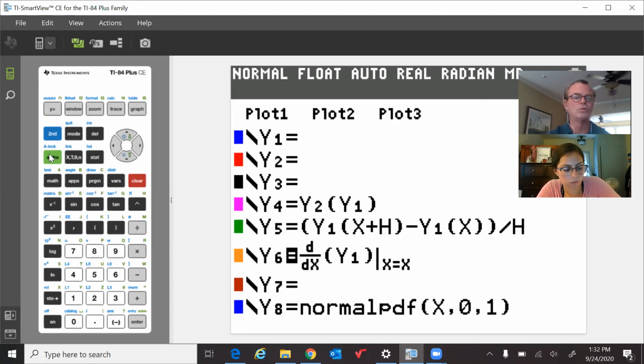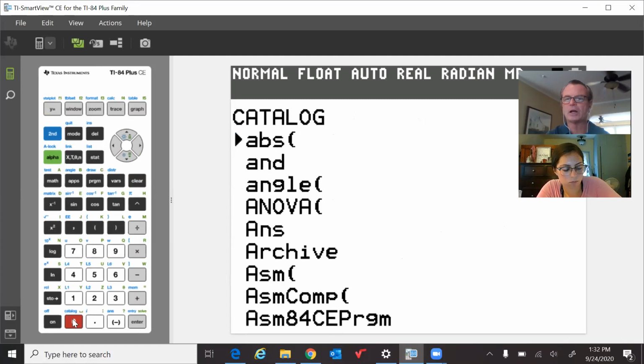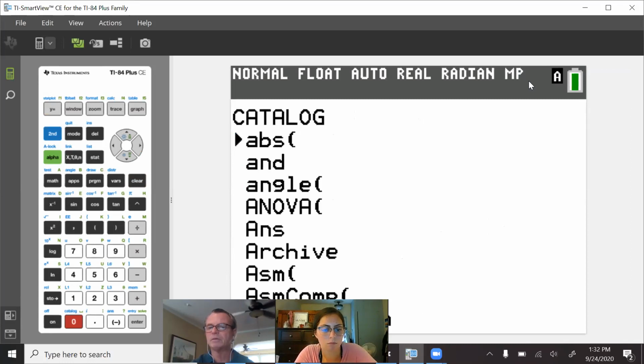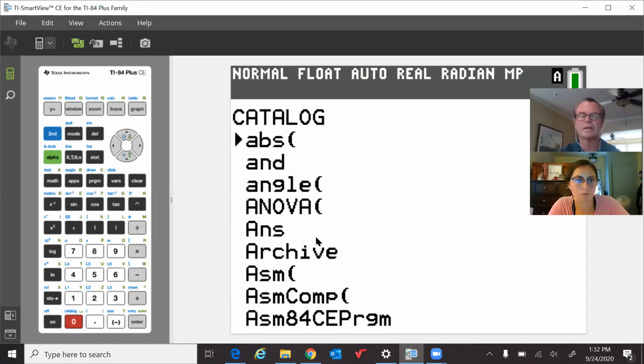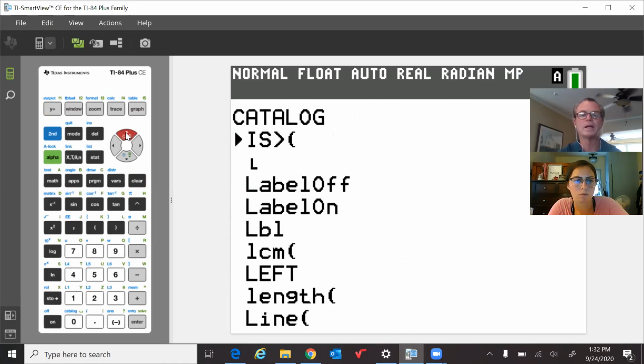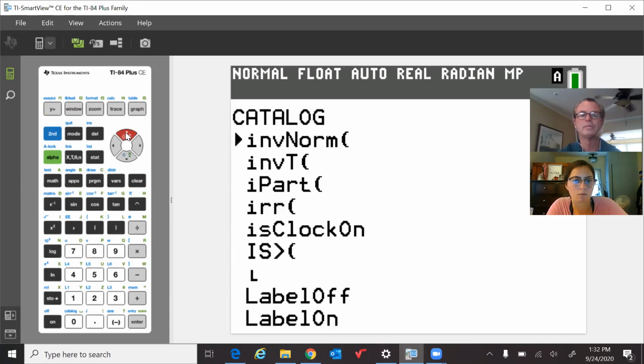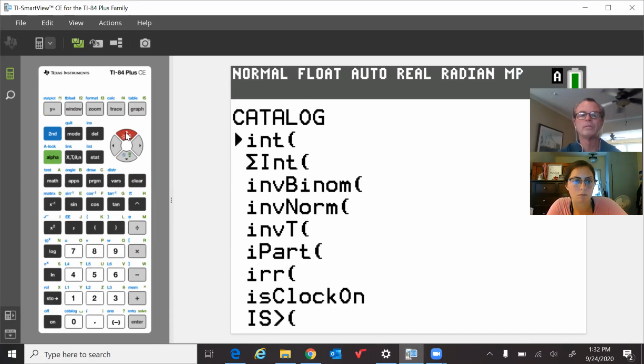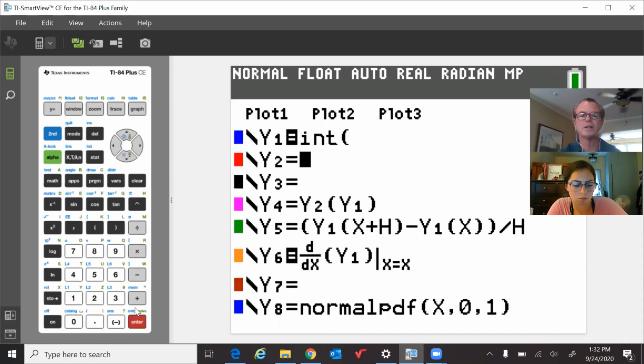And y equals, and I can go to second 0, which is the catalog. And everything is alphabetical in the catalog. And you can't see it here, but this, well, now you can. This alpha symbol comes up automatically, which means you're in alpha mode without touching the green key. So I went greatest integer. I just push J, it takes me through everything. And I scroll up, and there it is. Okay, so if you don't remember how to find something, it's in the catalog, alphabetically. So integer function, I type X,